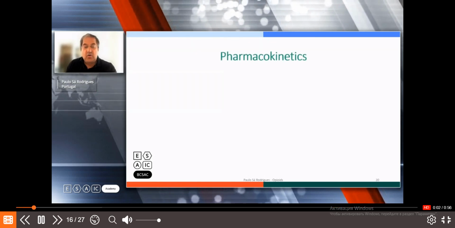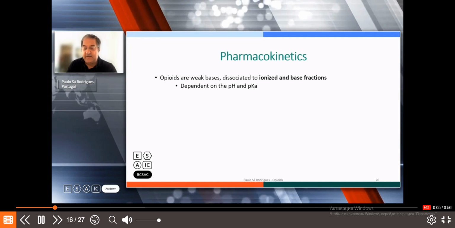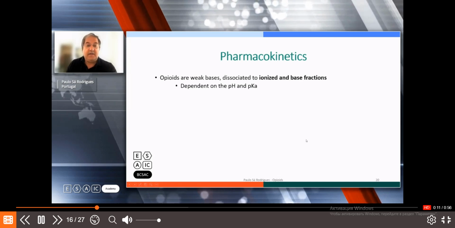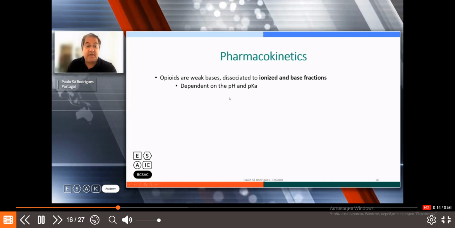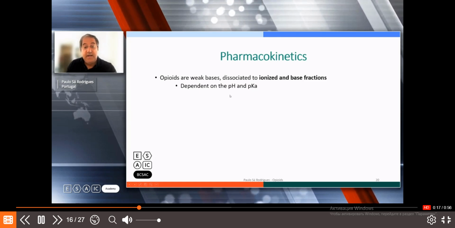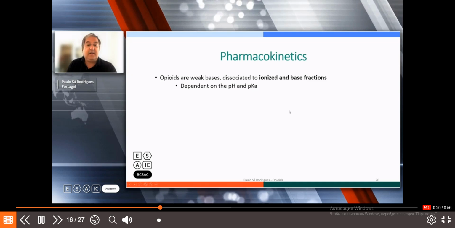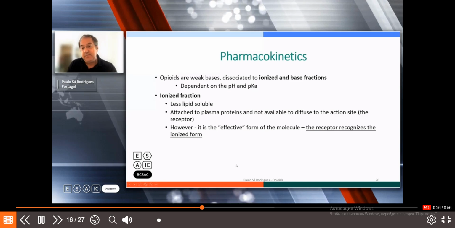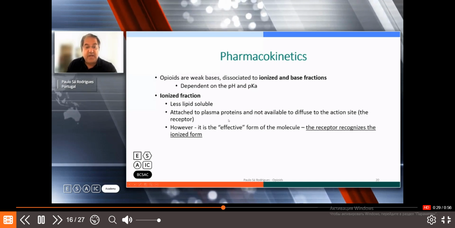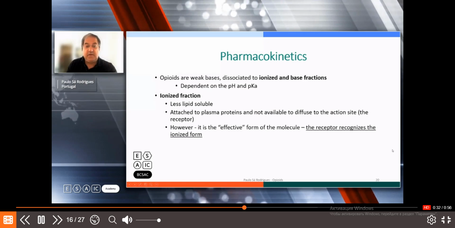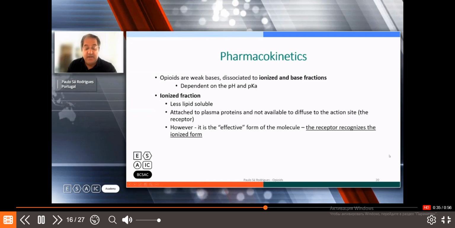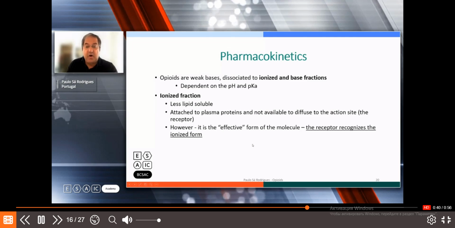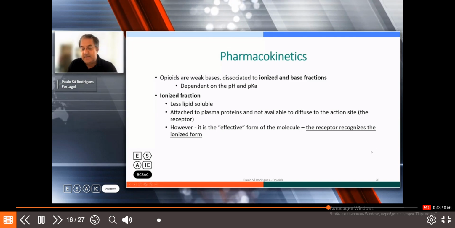So these are the proposed mechanisms of analgesia for opioids. Regarding a summary of pharmacokinetics, you must remember that opioids are weak bases, which dissociate into an ionized and a base fraction, which are dependent on the pH of the tissues and the pKa of each drug. The ionized fraction is less lipid soluble and will be attached to plasma proteins and not available to diffuse to the action site, which contains the receptors. Despite not being able to diffuse, it is the effective form of the molecule that the receptor will recognize